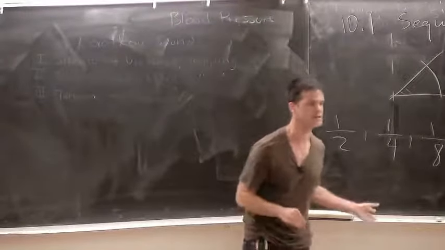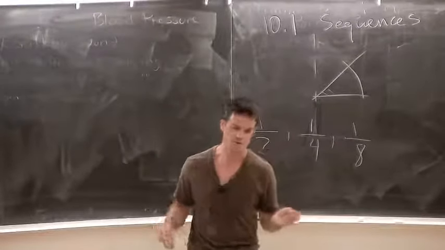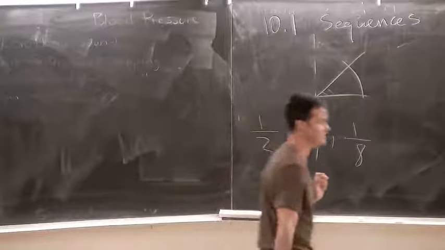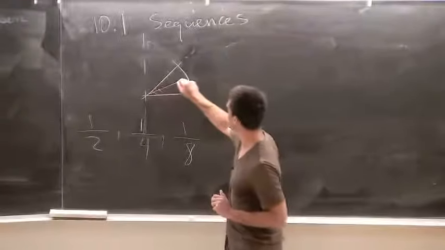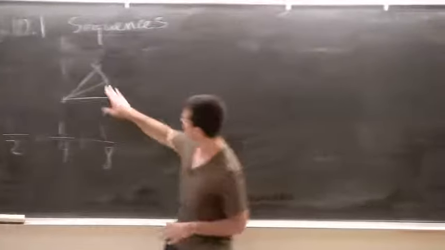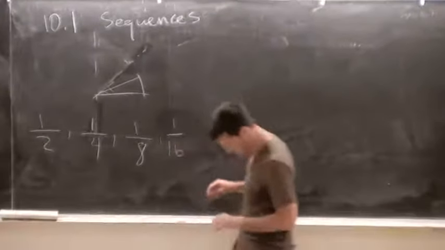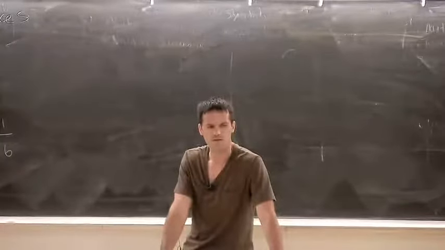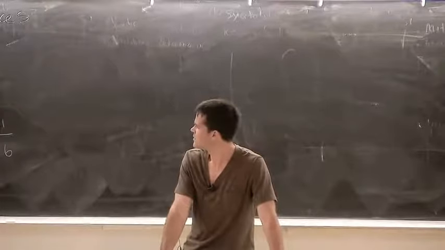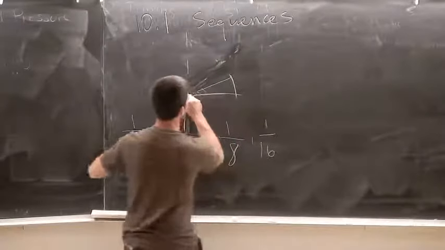And the reason that I bring this up is because this is the motivating example that I want you guys to keep in mind for this and the next section, which is if you keep on slicing the remaining piece in half and eating that piece, the next piece would be 1/16 of a pizza. First, how many slices is this total? Well, I wrote down 4, but if I keep on doing this,